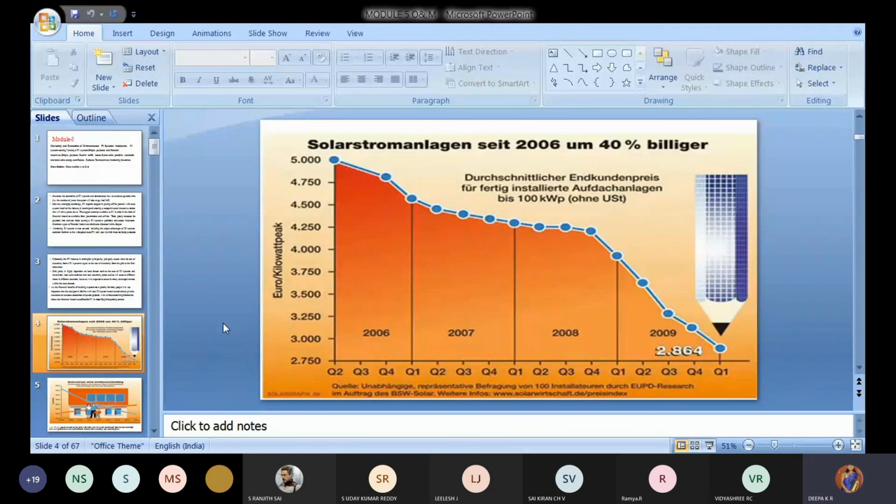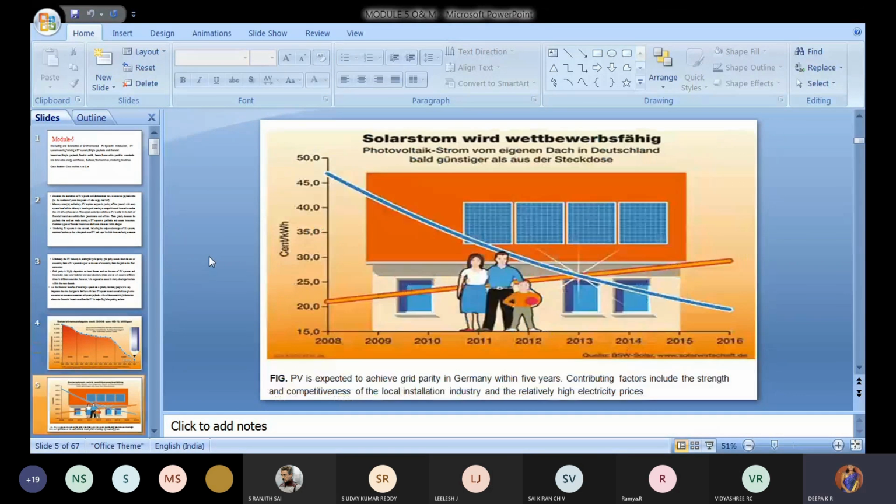This is one of the graphs you can observe here. Solar analyst forecast from 2006. Here you can see how people started using the system. You can see kilowatt peak every year, how it is changing. You can go through it: 2006, 2007, 2008, 2009. In this, PV is expected to achieve grid